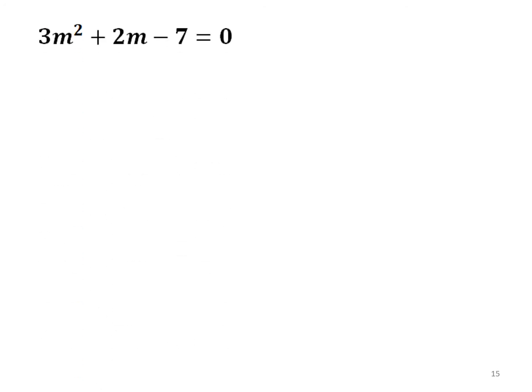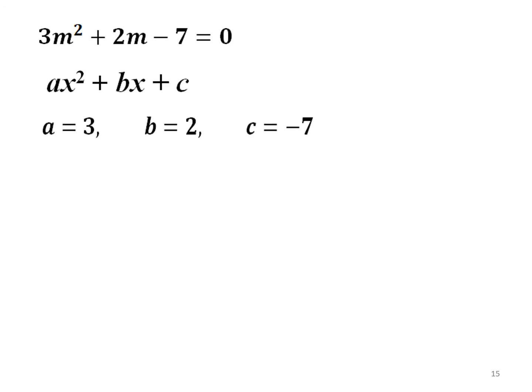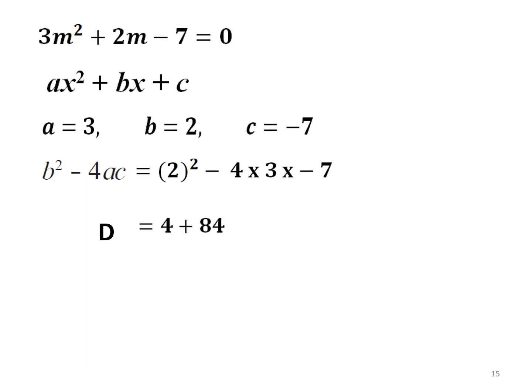Let's see one example now. 3m square plus 2m minus 7. When we compare it with the general equation, the values of a, b and c are: a is equal to 3, b is equal to 2 and c is equal to minus 7. So we will find out the value of b square minus 4ac, which is equal to 2 square minus 4 into 3 into minus 7, which is equal to 4 plus 84, and therefore the value of d is